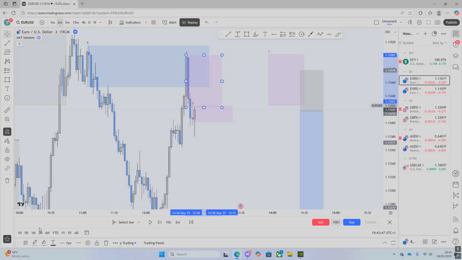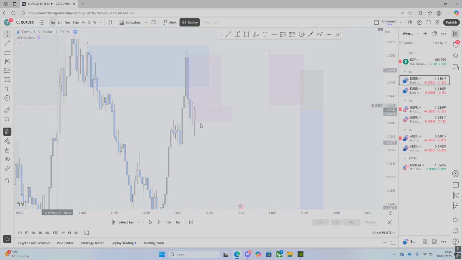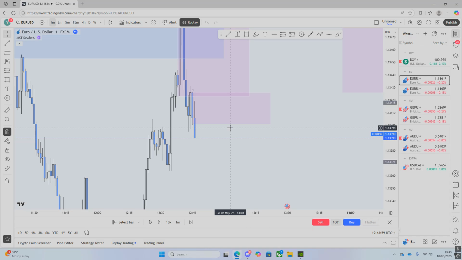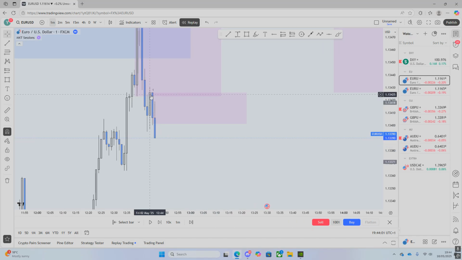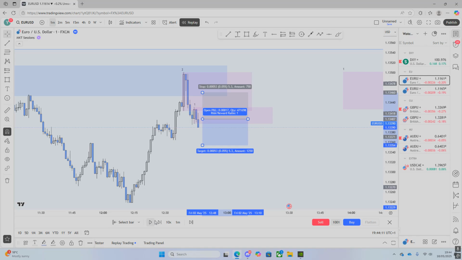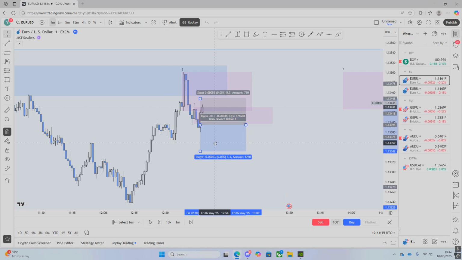So I gave you a 2-minute here. Then it mitigated at 12:44. At 12:44 it mitigated, and at 12:45 it gave you a 1-minute scope. So now, a 1-minute POI. Now you can enter. You can enter here,